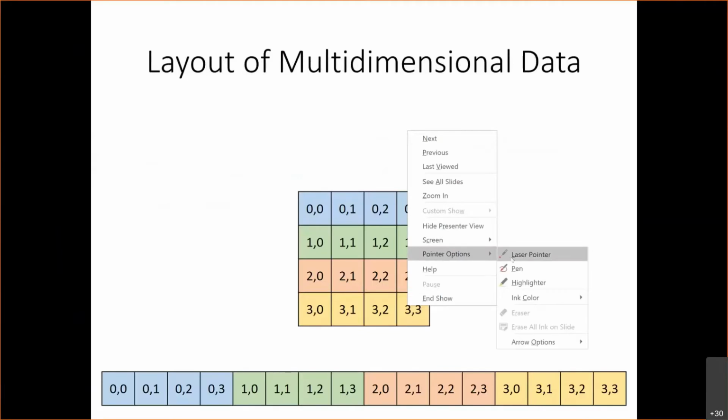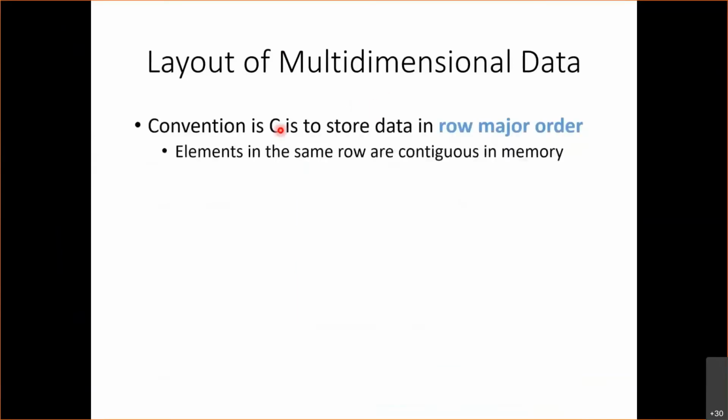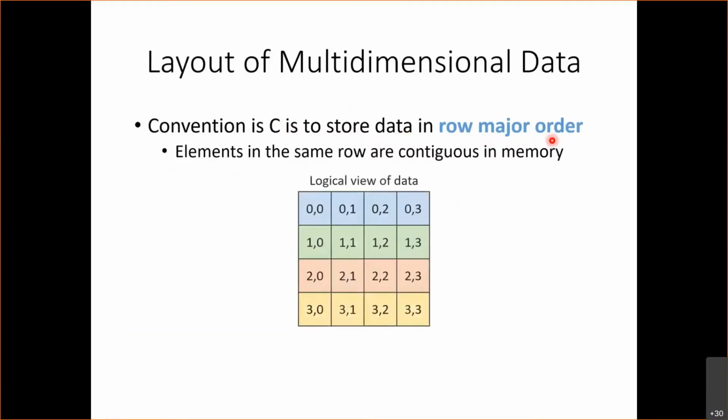This brings us to another topic, which is laying out multi-dimensional data. So in C, the convention for storing data is row major order. What do I mean by row major order? What I mean is that if I have an array like this,